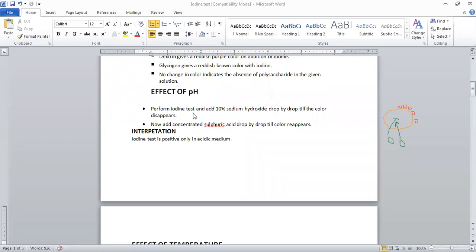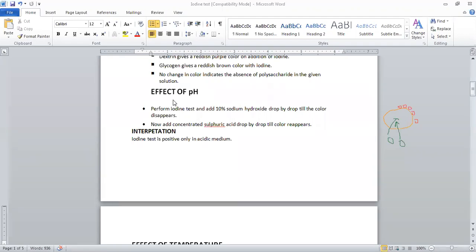First of all, you have a colored solution. Let's say you have starch in the sample. You have added iodine and the color is blue. Now you have a blue colored solution in the test tube, and that blue color is due to a complex formation, and that complex formation is due to the physical interaction between iodine molecules and the polysaccharides, and it is happening at low pH, in slightly acidic conditions.